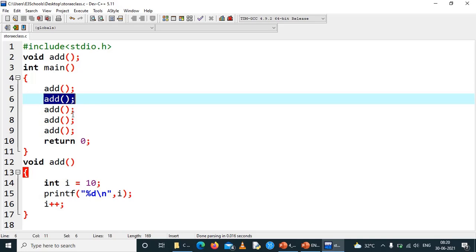So the output will be 10 printed 5 times on new lines. I have created this code to make you understand that each and every time add is called, i will be created, printed, incremented, and then once the function execution is over, i will be deleted. So every time we call the add method, the i value will be newly created.